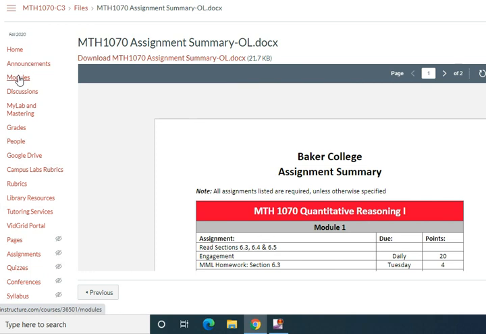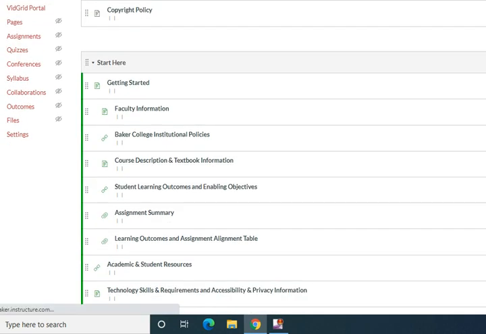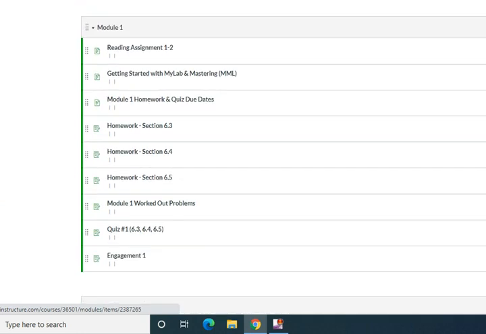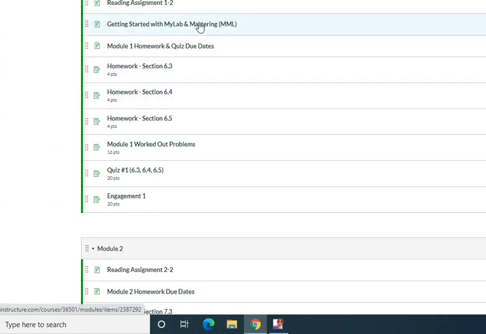Okay, so what you'll do when you begin the class eventually, you're to go to Module 1. So this was in modules, and start here, we were just there. We did faculty information, we did assignment summary, and now we're going to go to Module 1. So in Module 1, you can click on these step by step. For here, to get into the online math program where we do our homework, you do not need your book for the code right away. They'll temporarily let you in. So make sure to follow that and get registered as soon as possible.